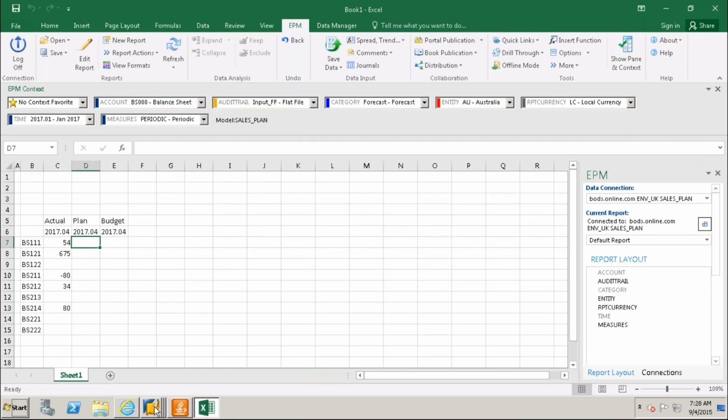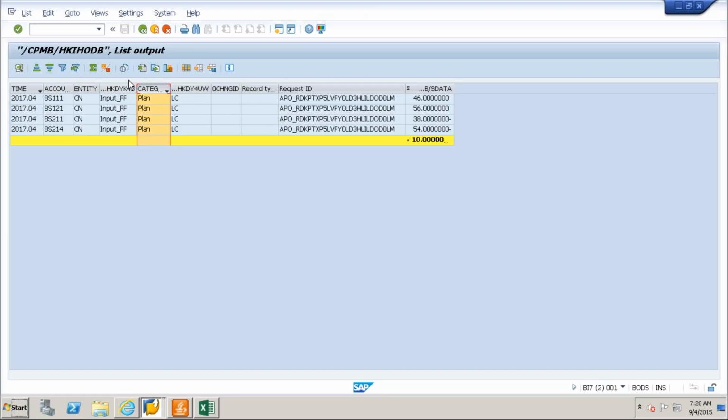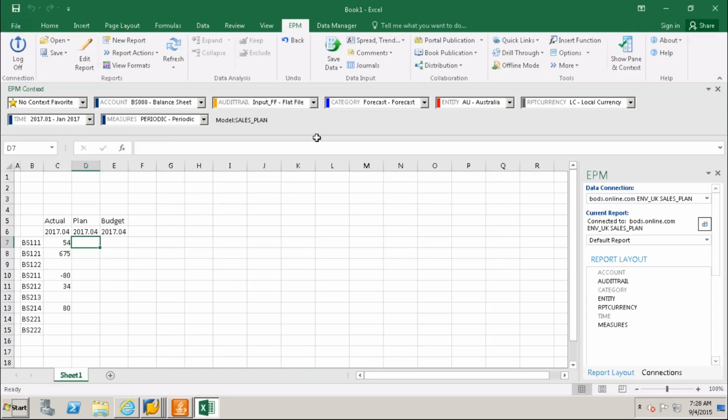Yeah, and also it is not showing any plan value here, but in the backend it is showing some plan values because the selection of the dimension members is different here.